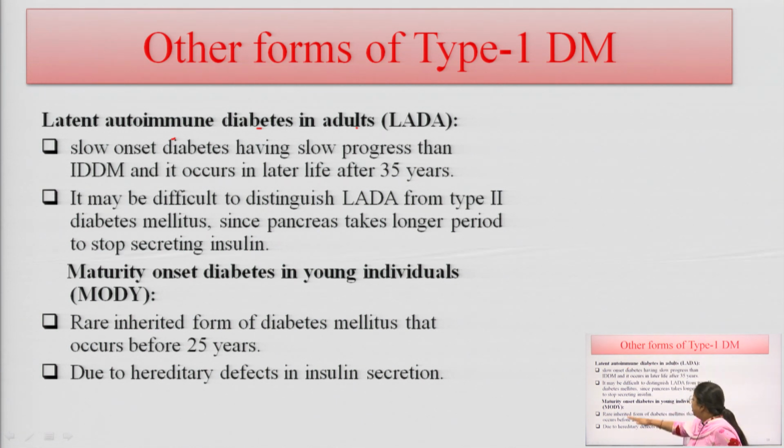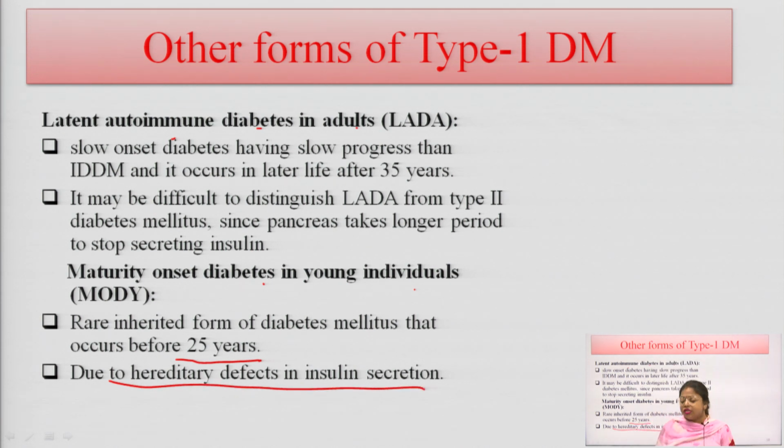The second is maturity onset diabetes in young individuals. Here it is a very rare form of diabetes, and it is an inherited or genetic disorder, and due to a hereditary defect, insulin secretion is not possible in such patients,